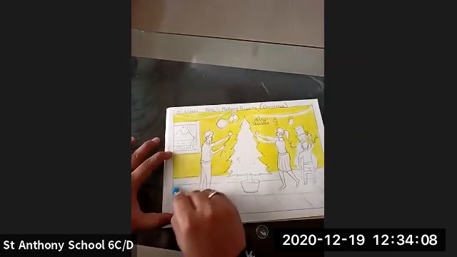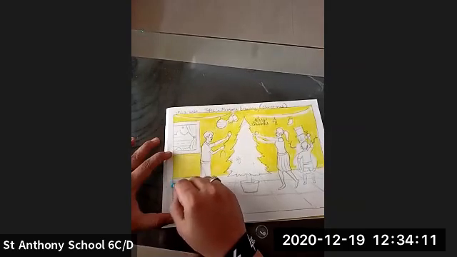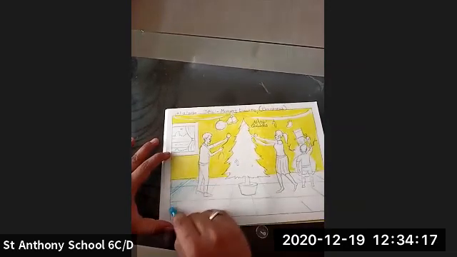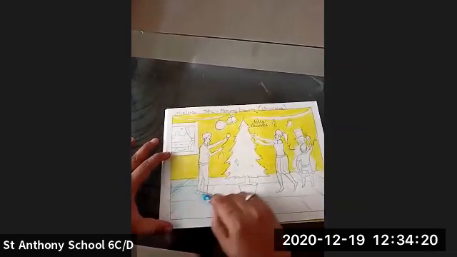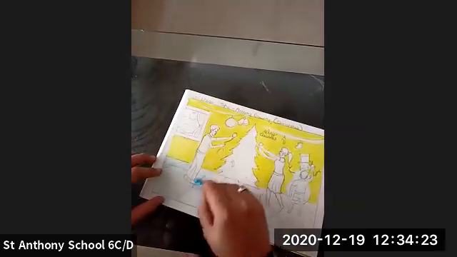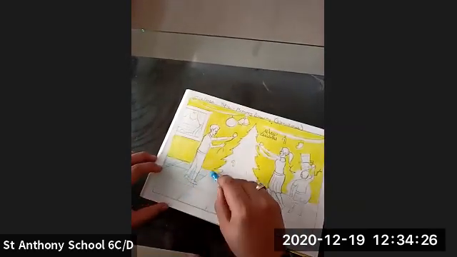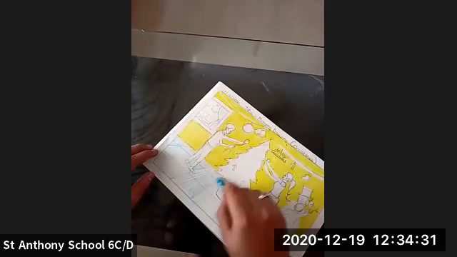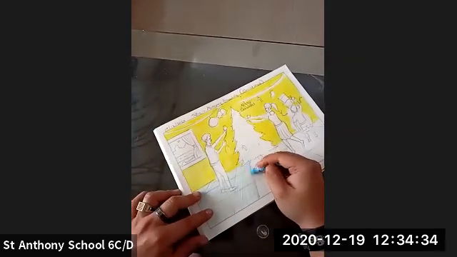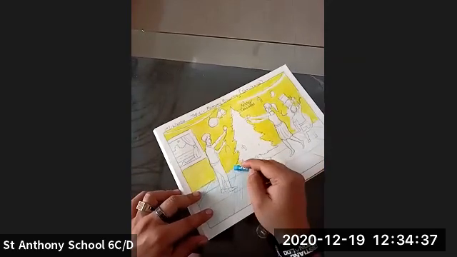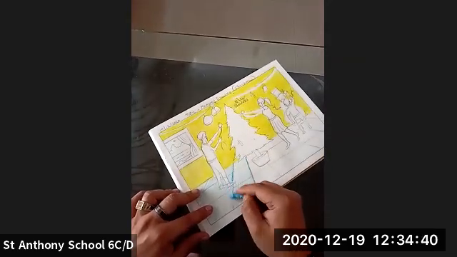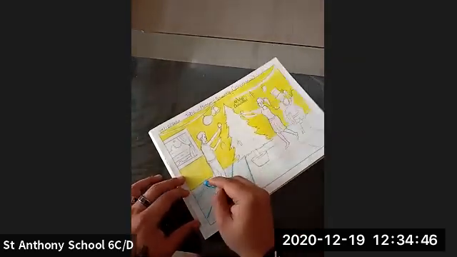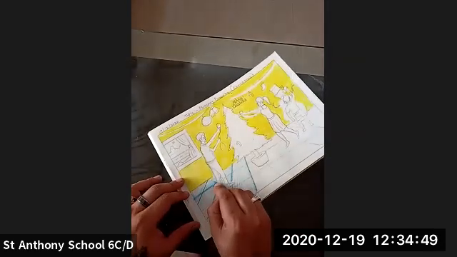For how to color the floor, you have to use a light blue shade. Lightly you have to color in this way. Nicely you have to do it in this way. Here, on the lines, you can give a dark tone. So this is how you're going to do it.